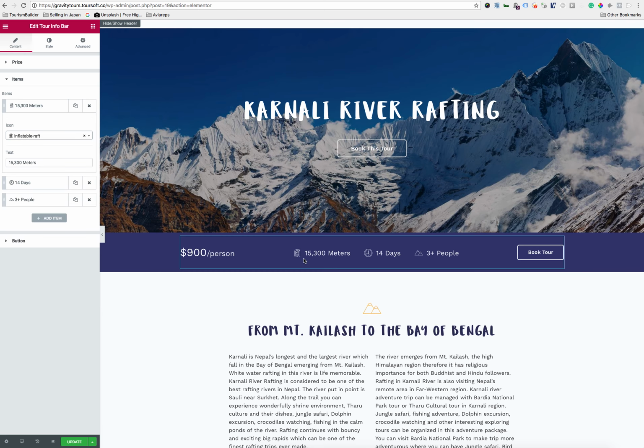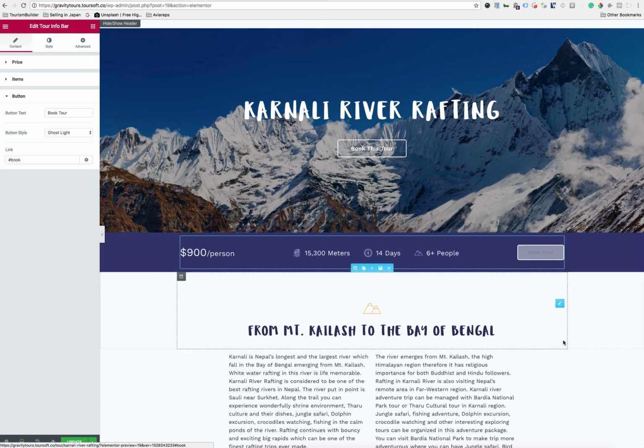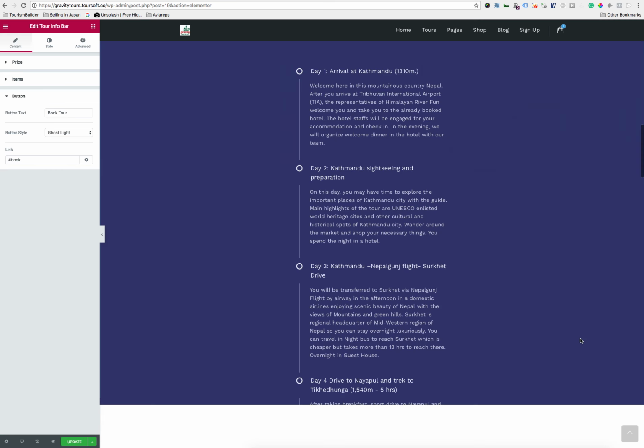So we can change that there. And you can change the number of people. I believe for this tour, it actually starts from 6. So we want to change that to 6+ people. And then the booking button here goes down to the booking widget